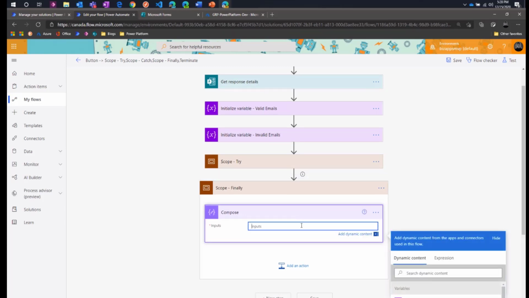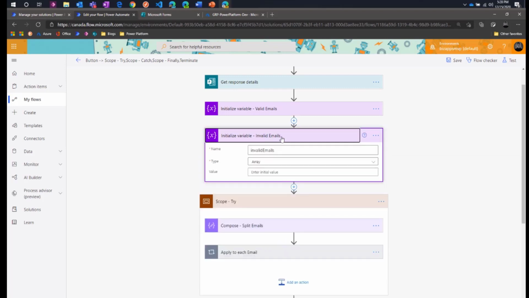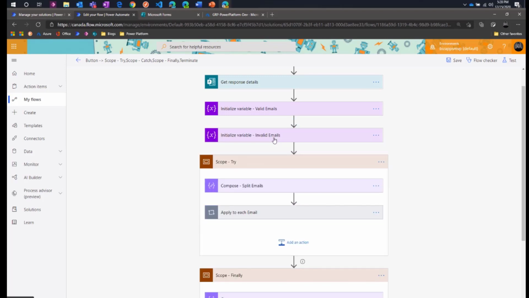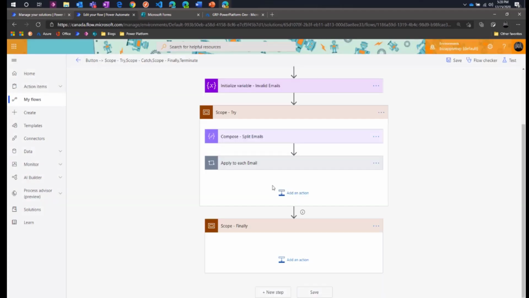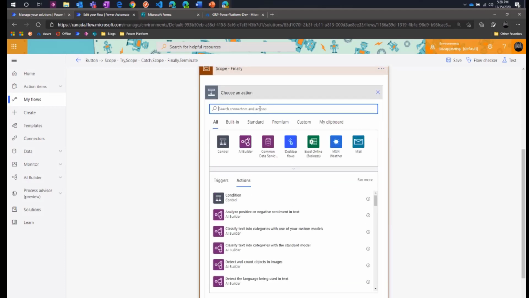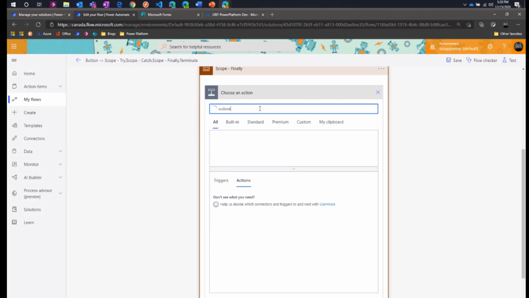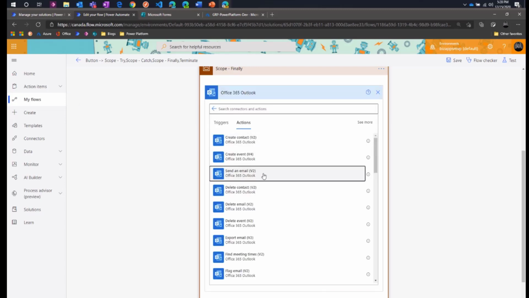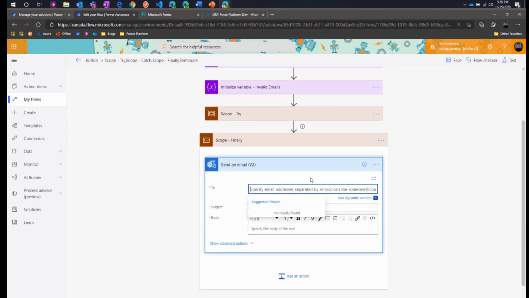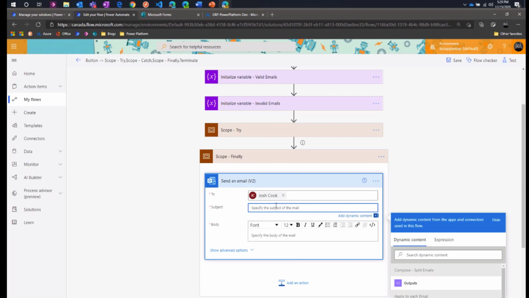But to do that, I don't want to pass in a blank variable. So let's say if the invalid emails, actually, let's pass it in. Let's see if it fails. It'll make things a lot simpler and less confusing, actually. So let's try this out. Outlook, Office 365. I'm going to send an email to myself. Obviously, this would not actually be how to do it, but for the sake of a demo, that's me. Subject,